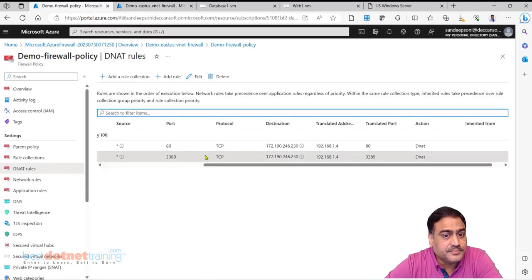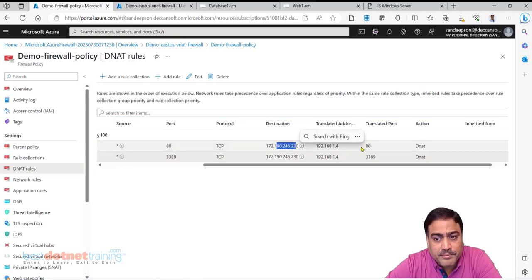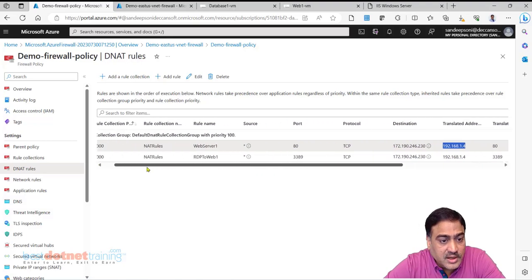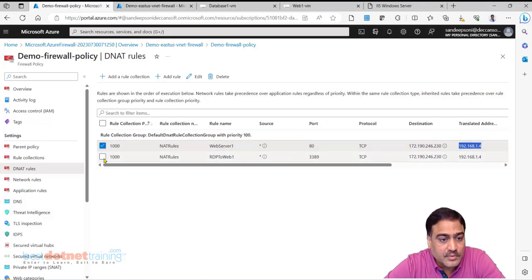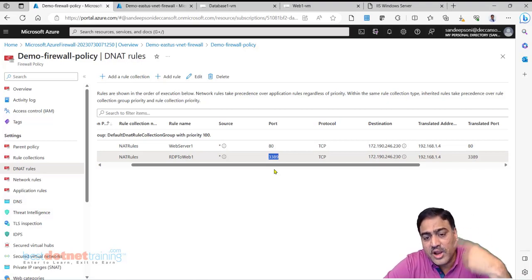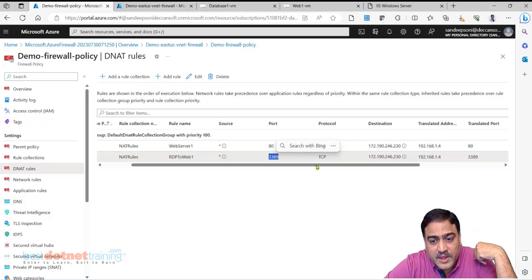So once you have multiple IP addresses, every public IP address of the firewall can map to a different VM in the VNet. Or edit this rule. On the same IP, if you edit, you can say 3390 is mapped to this Web1 VM. 3391 is mapped to Web2 VM. 3392 is mapped to like that, 3389, 3390, 3391, 3392. Change the port number. See, you have to change the combination.